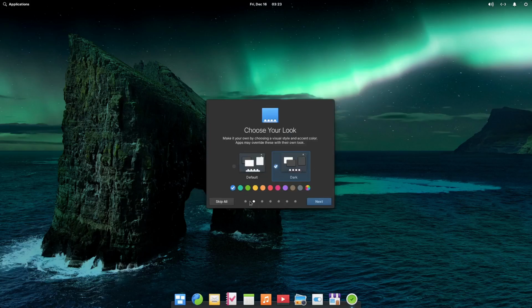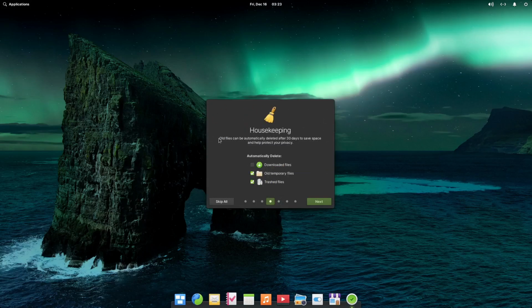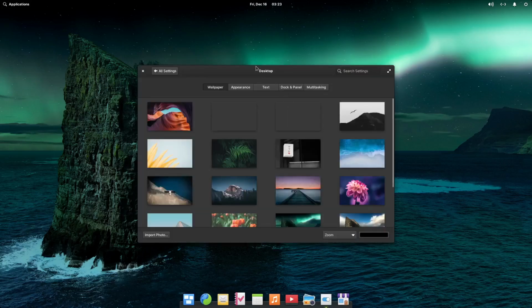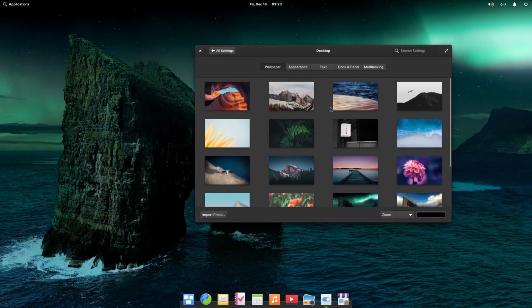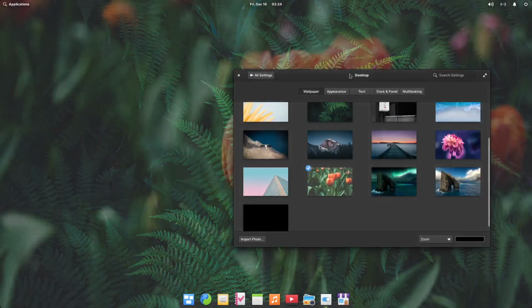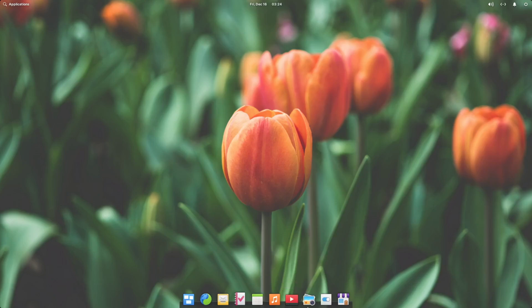You can do dark mode. I'm gonna go green. Next. Oh, yeah. So actually, I should show you. There is a feature where they'll automatically delete stuff for you. So take a look at that too. So I'm gonna go ahead and change this background because I do love this background, but I did choose green as my accent, so how's that? No. Yeah, that's nice. I feel like the orange complements the green very well.